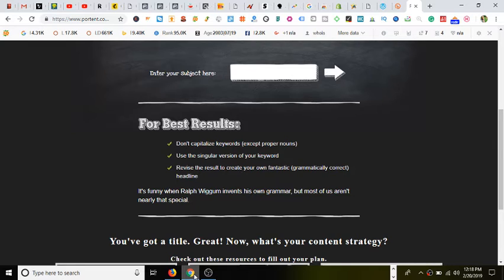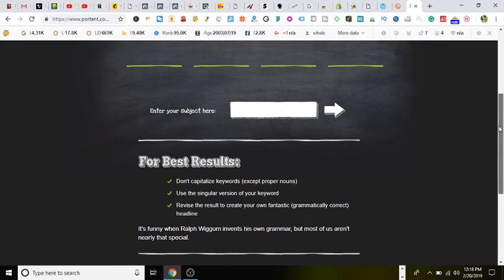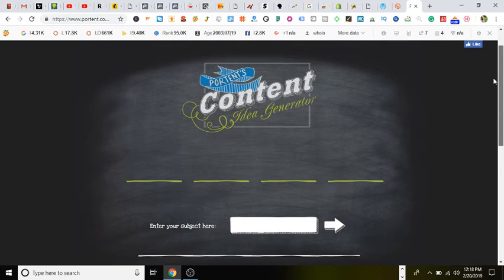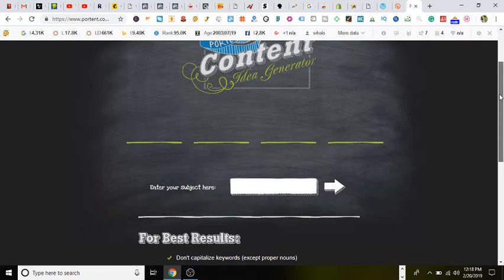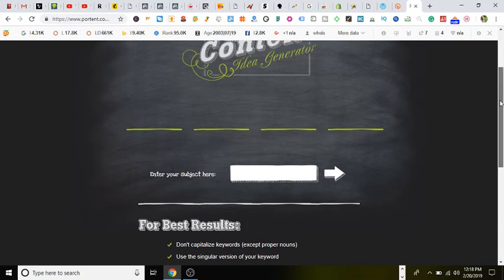I'm going to show you this website right here, which is called Portent.com, and it's going to give you content ideas you can use for your pictures and videos. It's an idea generator. Not only that, you can see what your competitors are typing in just to see what's going on in your niche or your field of industry, to see what topics or what content is getting the best reach. So without too much talking, let's get straight into the video.